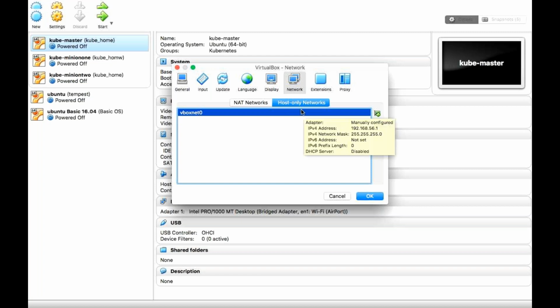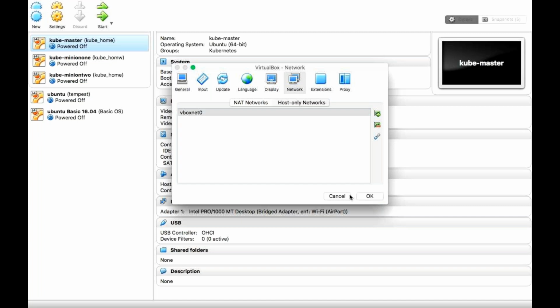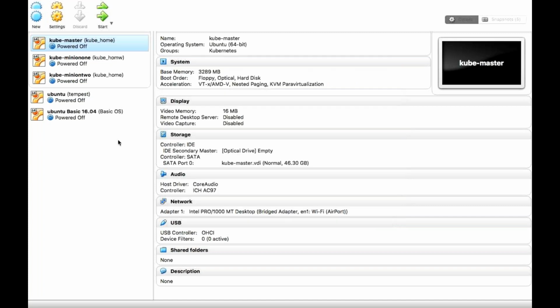If it provided internet connectivity, why use NAT? We would directly have used host only network, right? So that's all. Host only means within the host you can communicate with your servers using this IP. So that's the reason we are allocating two networks to my virtual machine. So let us start the installation.